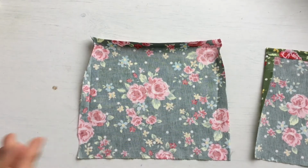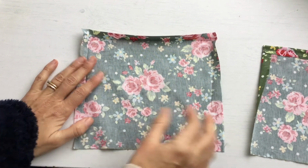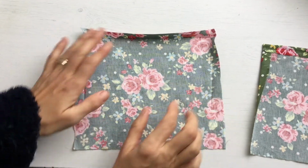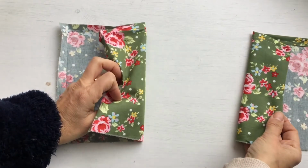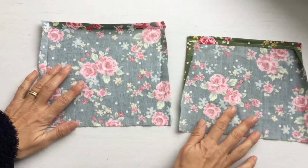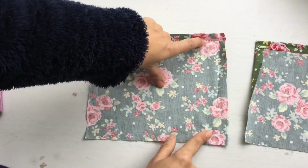Now here we are at the really good bit. It's called costuming, is the posh word. We are going to make Dolly's very easy to make dress. So as it says on the instructions, cut 2 bits of patterned fabric, or whatever pattern you want your dress to be in. And so that's 9 inches by 7.5